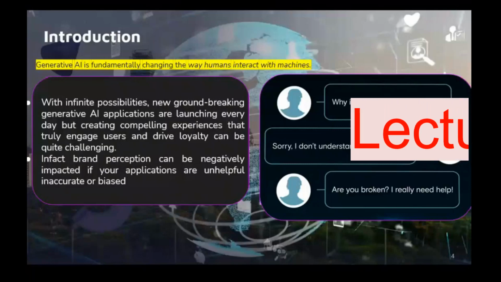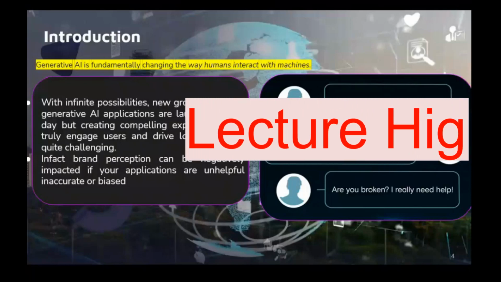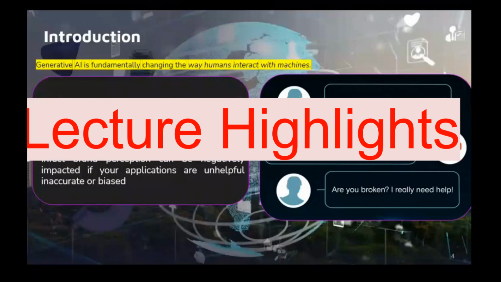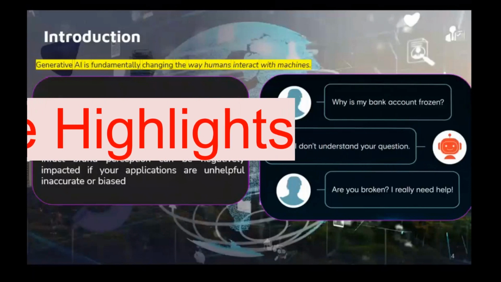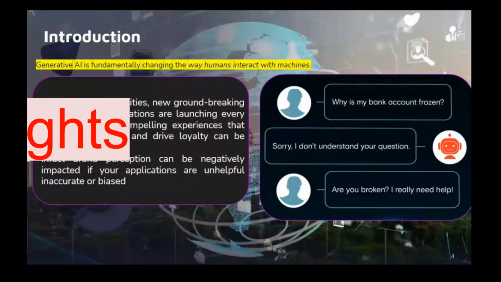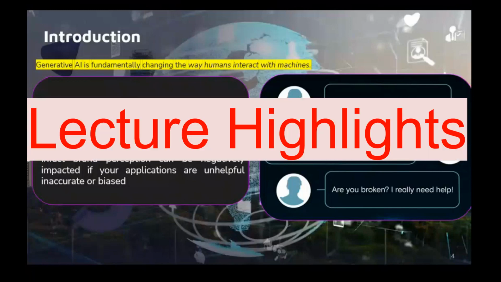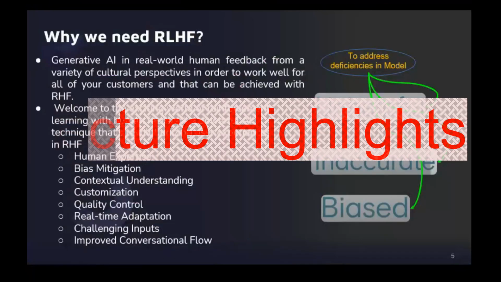So making sure the AI responds accurately and performs all tasks fairly is the most important thing here. And that's what RLHF can help with, by making the artificial intelligence chatbot more helpful and trustworthy. In the upcoming section, we will explore what RLHF is all about, how it works, and how it's changing the way we talk to artificial intelligence by making it more like talking to a real person. So let's see, why do we need RLHF?